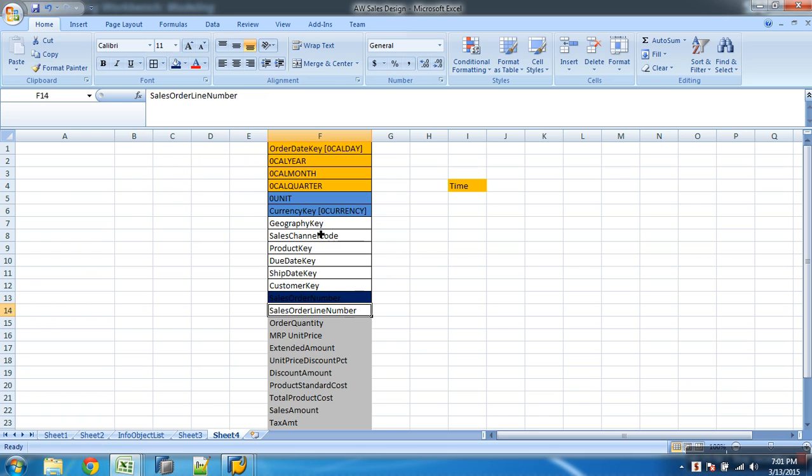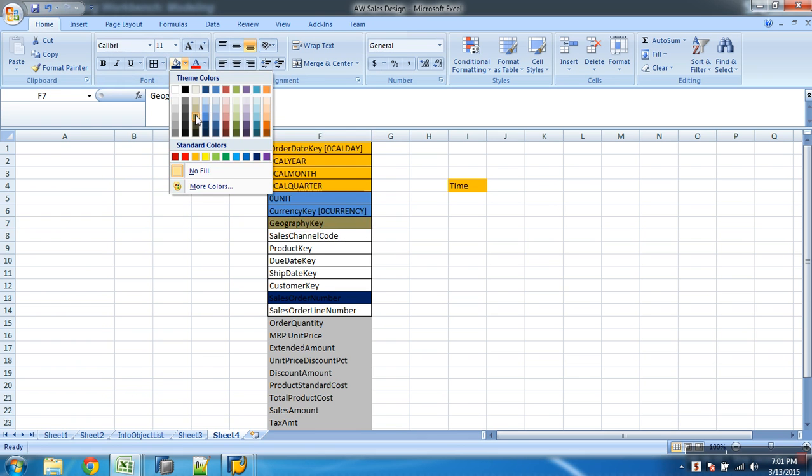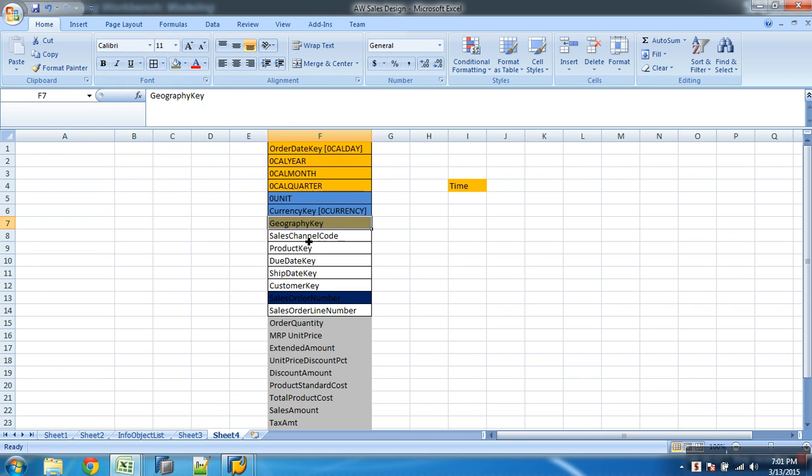Now let's pick up this geographic key. So already in this dimension we decided we don't want to assign anything else. That is done. So next for geographic key, I'll create one more dimension. Second dimension. So geographic key will get into another dimension. Next you will start understanding the relation. Now start checking whether other InfoObjects can fit into the same dimension. If they can fit into the dimension, it means even if I assign them to the same dimension, the size of the dimension should not increase. That's the point.